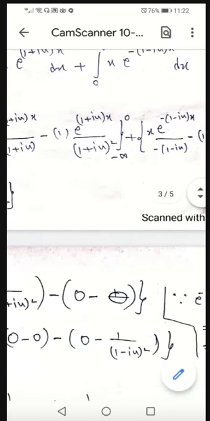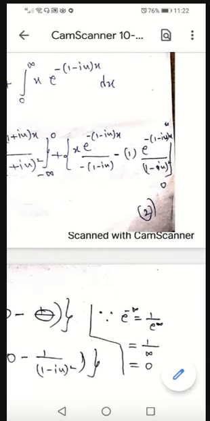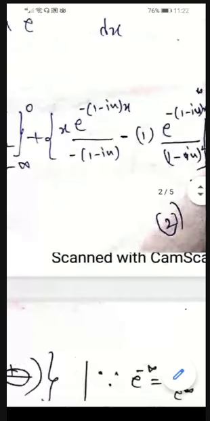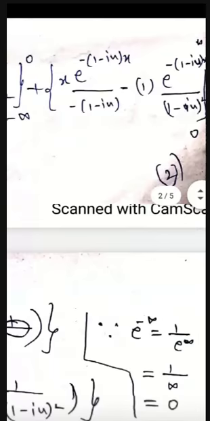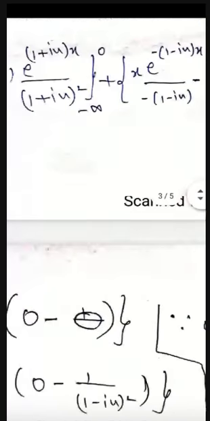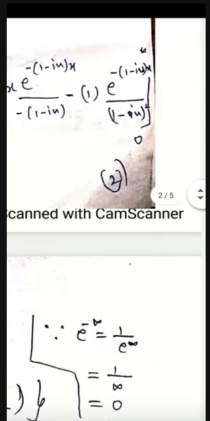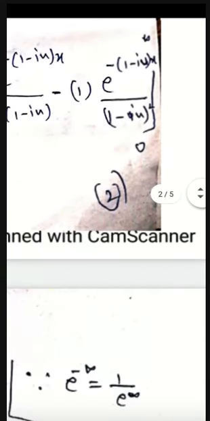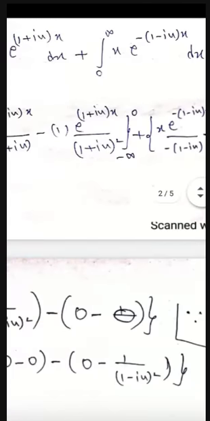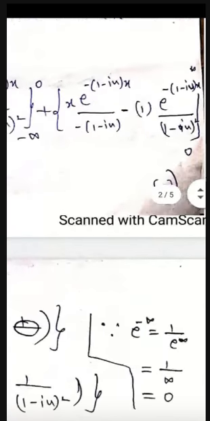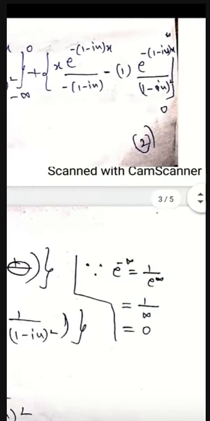Next, come to the next term, 0 to infinity. Apply infinity in the x value. Again the same: in the place of x you put infinity, and e power minus infinity is 0. Here you get 0. Next, e power minus infinity again in the next term, minus 0. 0 minus 0 you will get, right? Minus lower limit: if you substitute 0 in the x, 0 into anything is 0, minus e power 0 is 1, 1 by (1 minus iu) whole square.